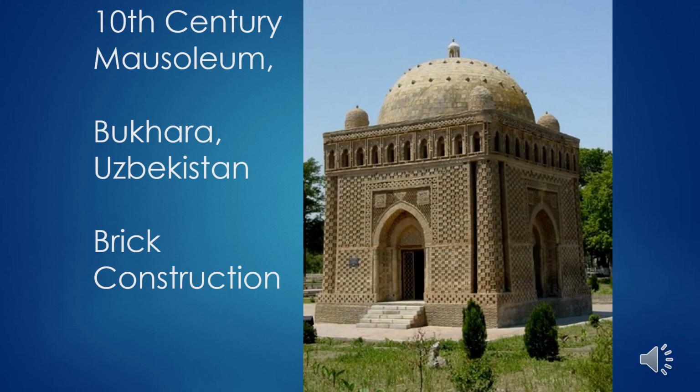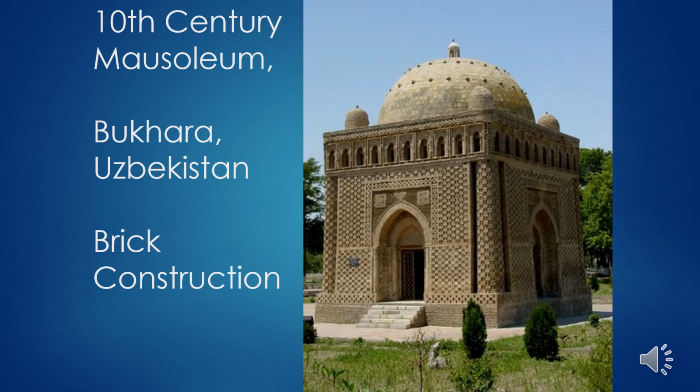So no matter where in the world Islamic architecture is being created, it tends to follow certain principles. Whether it be a mosque, a tomb, a palace, or a fort, there's this kind of vocabulary or pieces of Islamic architecture that tend to be repeated. And some of the pieces have origins dating back to the Romans and Byzantine and even Persian architecture.